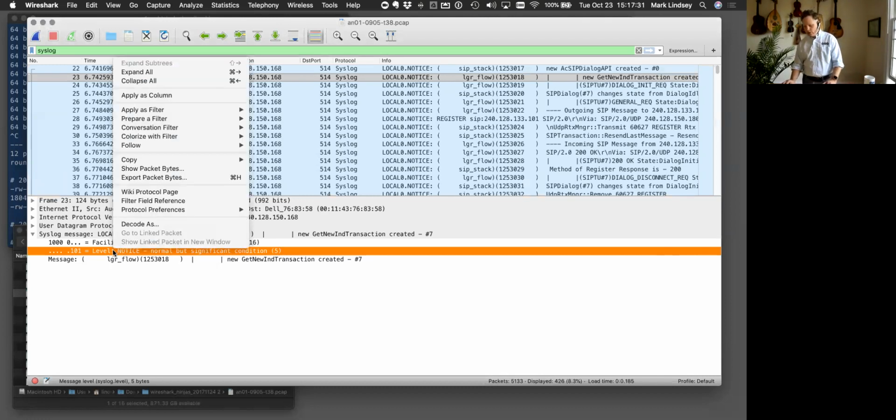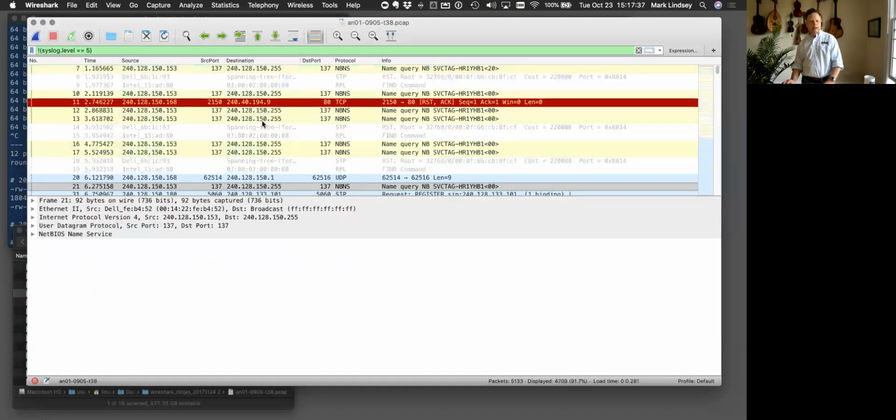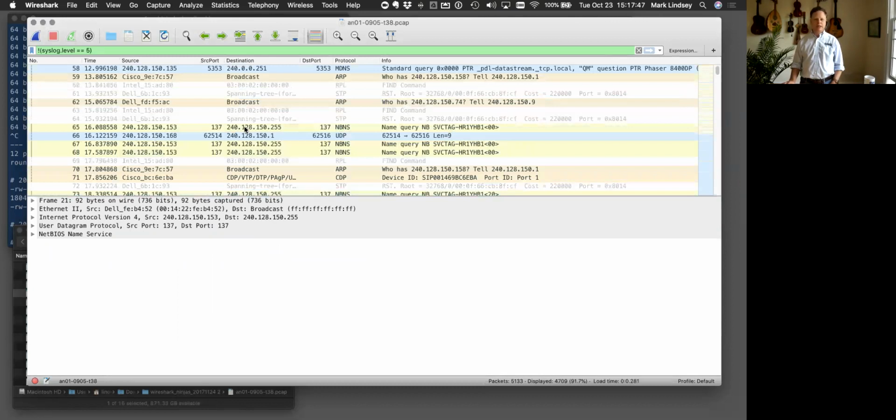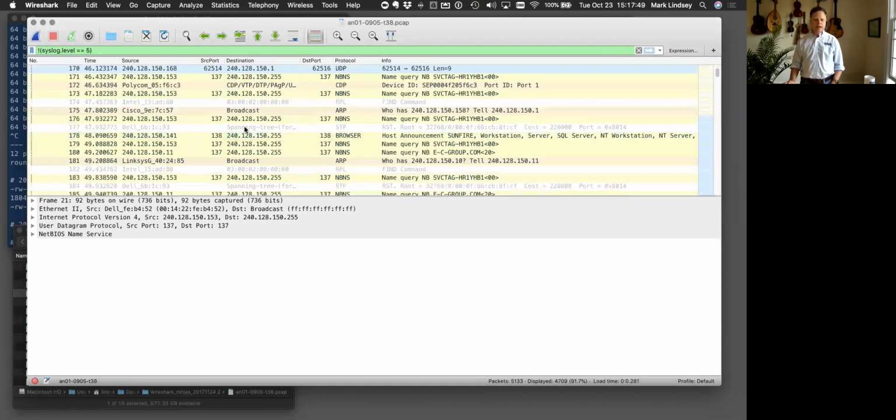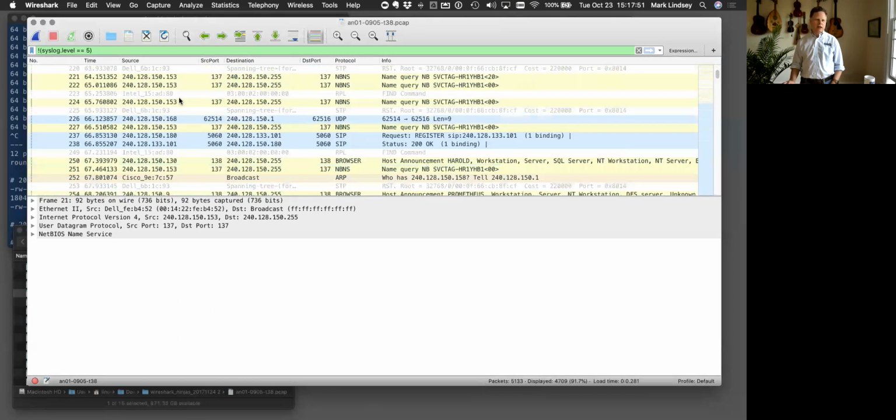And now we want to show syslog messages where the level is not 5. So apply as filter, not selected, and it does the negation for you here. So I can see every syslog message that is not 5, but this isn't quite right, because I'm seeing a lot of stuff that's not syslog at all. So this is a case where I actually do want to use